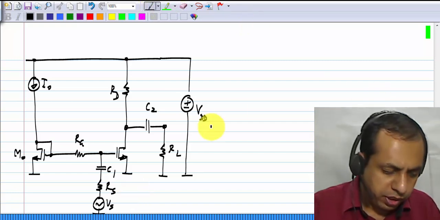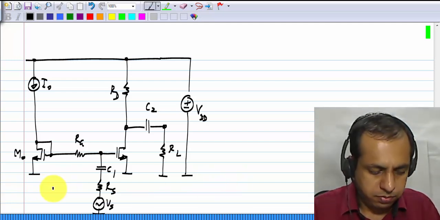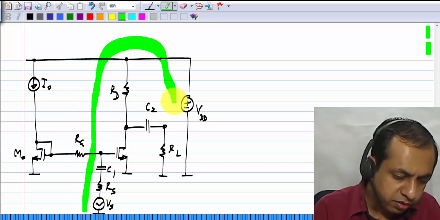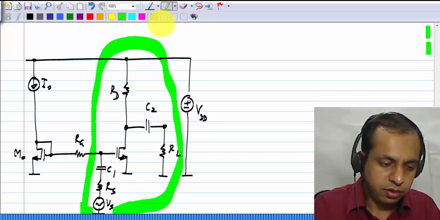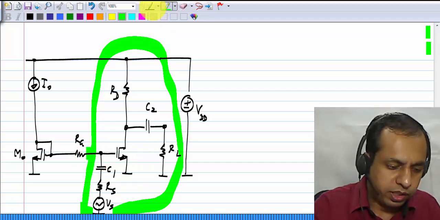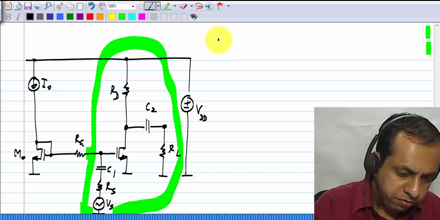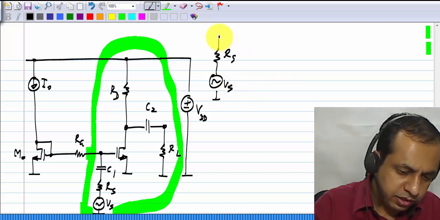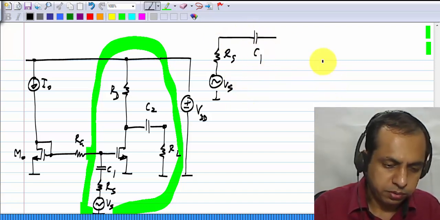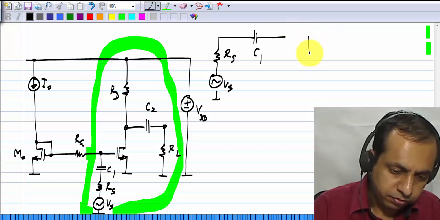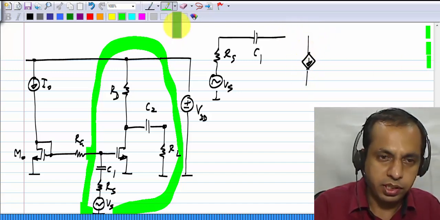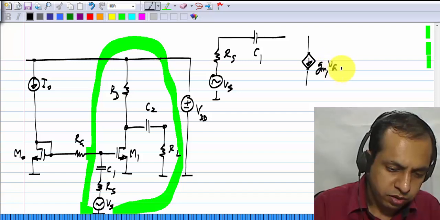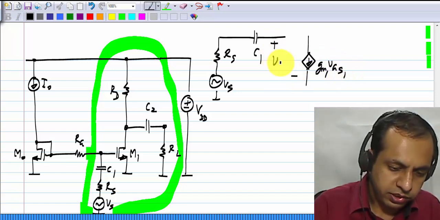So if I do that, we have to draw the incremental equivalent of this. First, let me draw it for the core components of the common source amplifier. There is something else connected to the gate that I'll add on later. So here we have Vs, Rs and C1, and we have the small signal equivalent of the transistor M1. If this is M1, I'll call this GM1 VGS1, where this is VGS1,